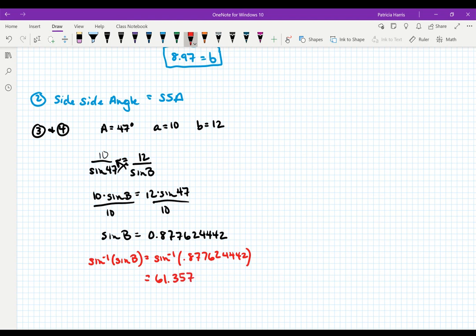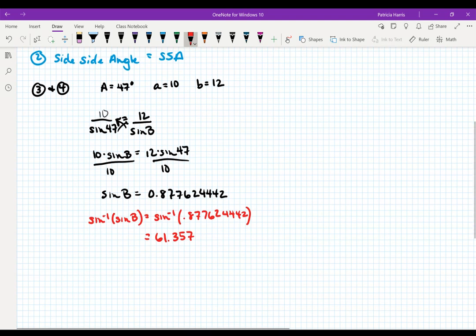If I look at my answers, I notice that they're all rounded to the nearest whole degree, which is nice. I also noticed that there's only 2 of them with 61, so that didn't help me narrow down my answers to 1. So to find the second possible b,